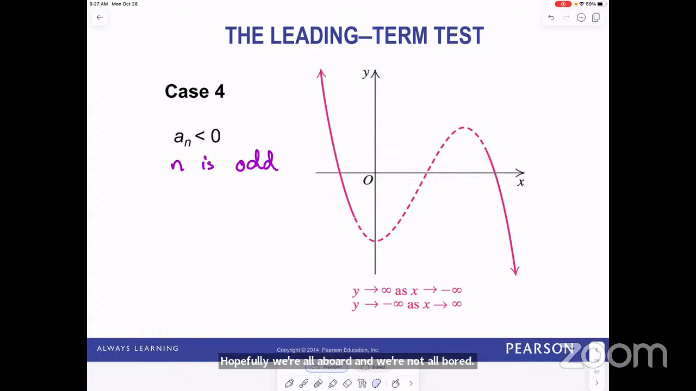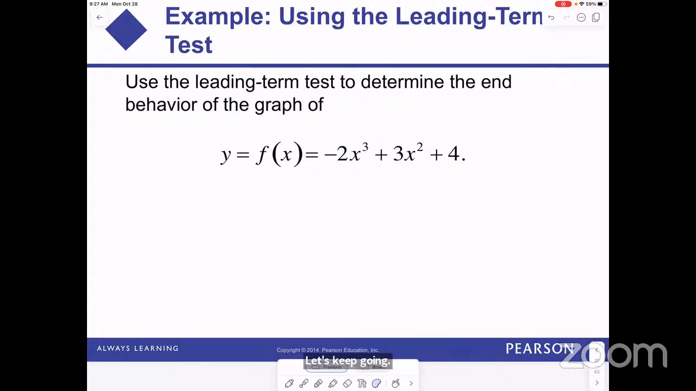Let's keep going. So here we're actually using the leading term test to determine the end behavior of the graph, right? So we're given this polynomial function. First question is,